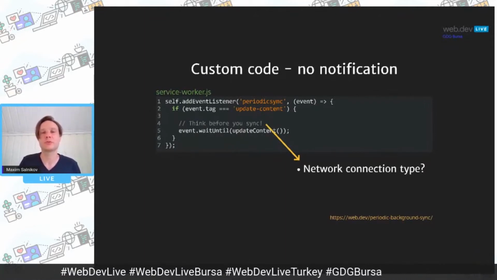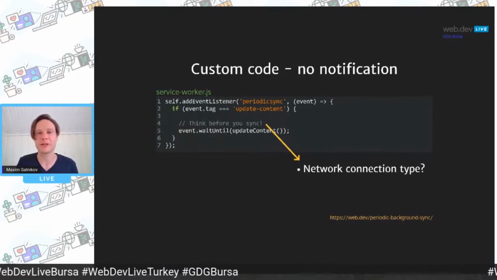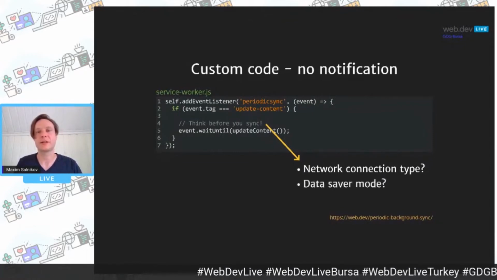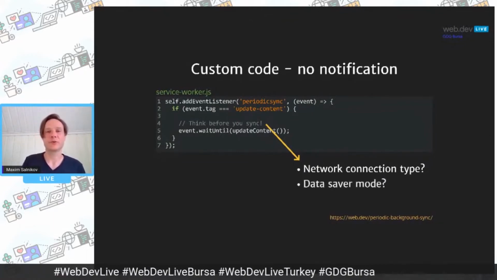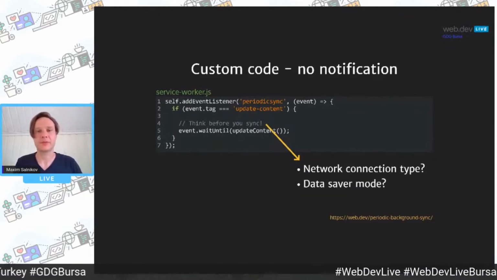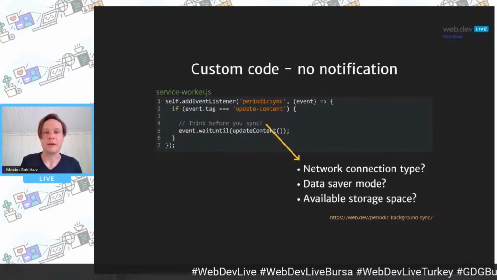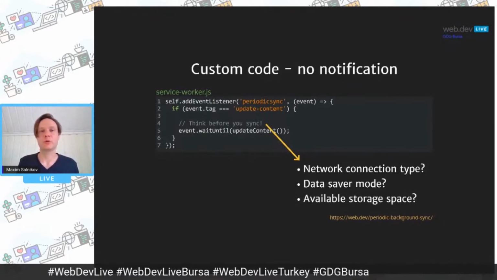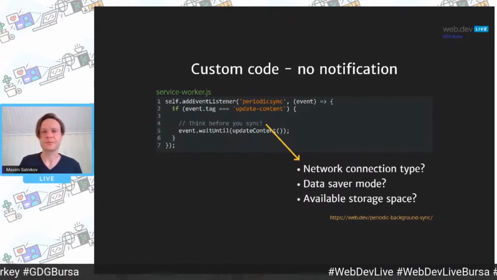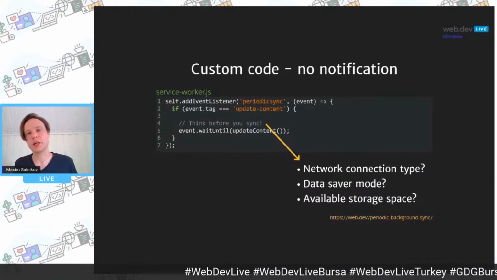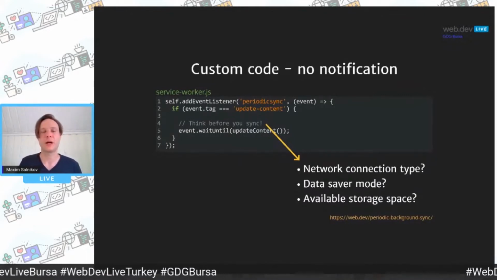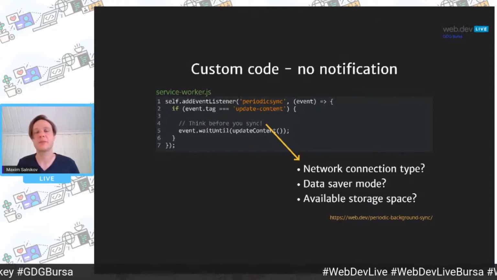Maybe if we want to, let's say, download some bulky resource, we can postpone this if it's not Wi-Fi. Or even more, if the user is in data saver mode, maybe we can again skip this download for now. After all, if we download something, we want to check if there is enough space on the user's device. So these are not obligatory checks, but please, let's be careful with our users, and let's use this API for good,